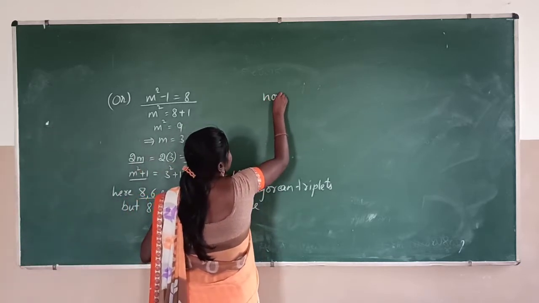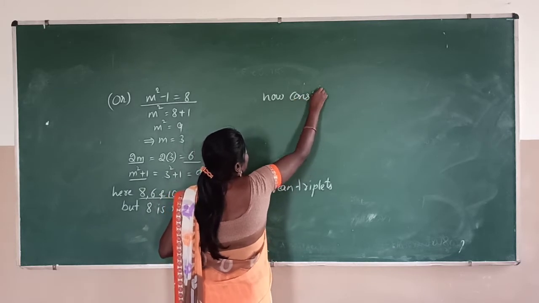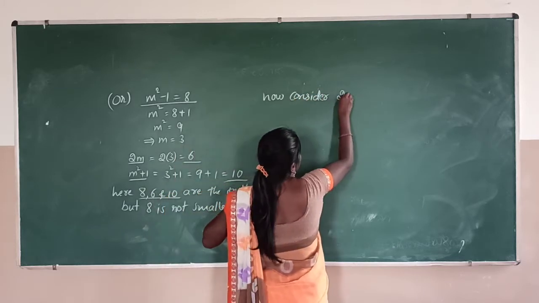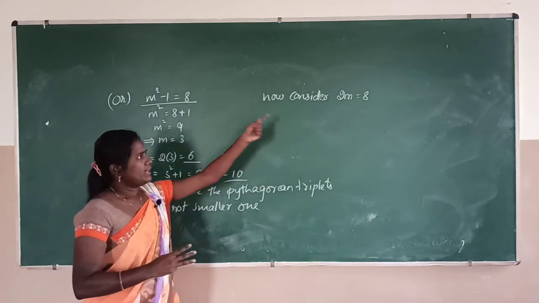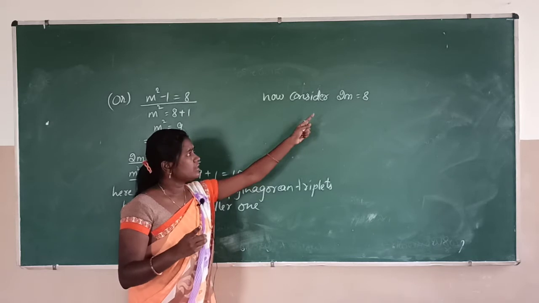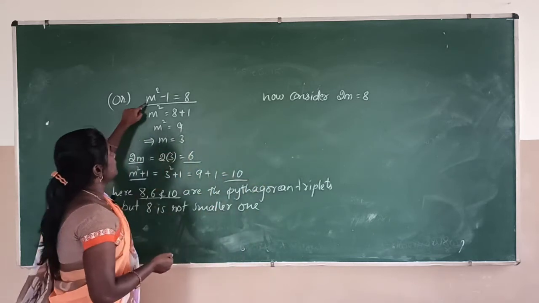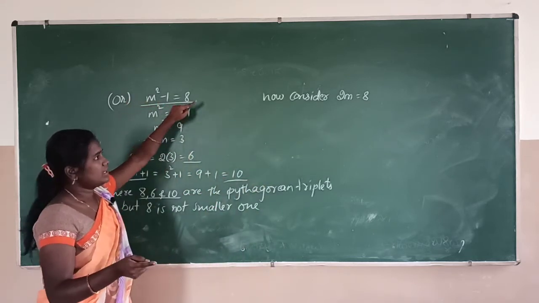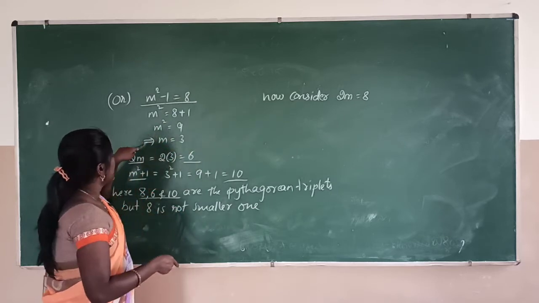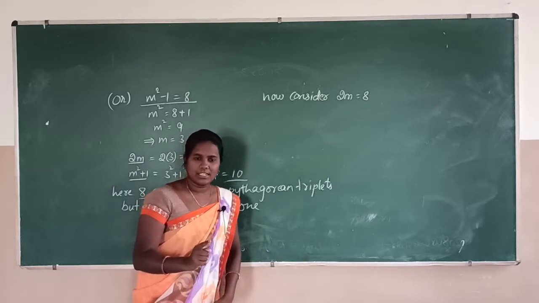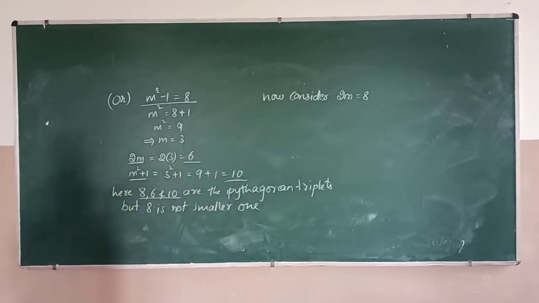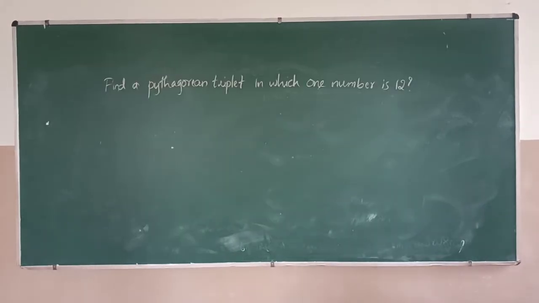Therefore, after this, we can move forward. Now consider, earlier we have considered m square minus 1 as 8. And in another method, let us consider 2m as 8, because among those three, it is one number. This one we have solved earlier. Are you getting? Okay. So, we will consider one more example, then we will understand it clearly. Now find the Pythagorean triplet in which